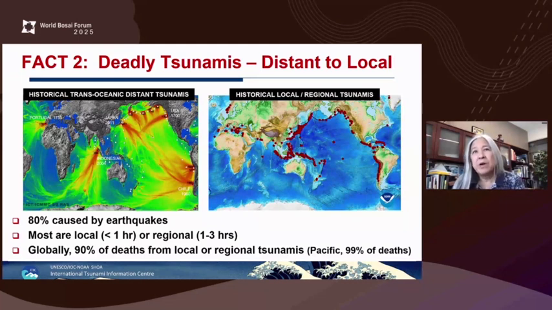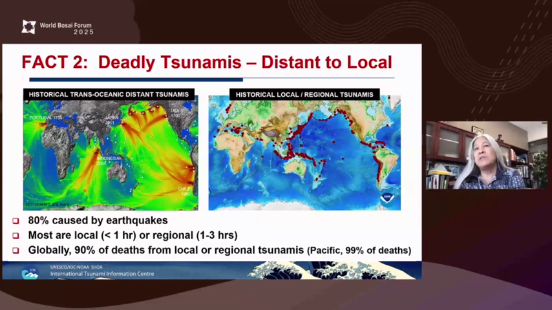But if you look to the right, that's a plot of the locations of tsunamis that have caused deaths that are local or regional in nature. So those are the events that are going to hit us within an hour or a few hours.